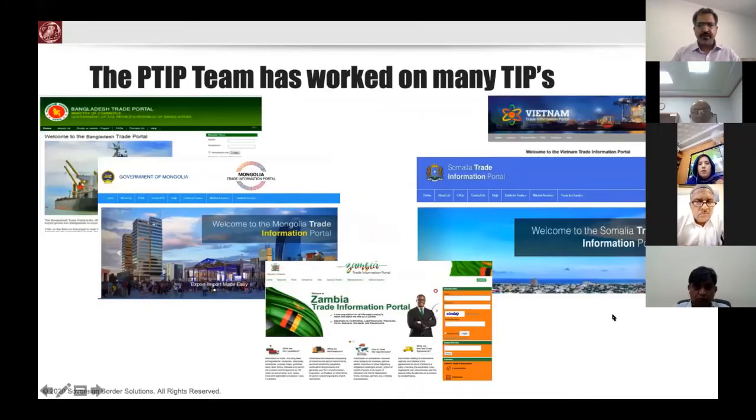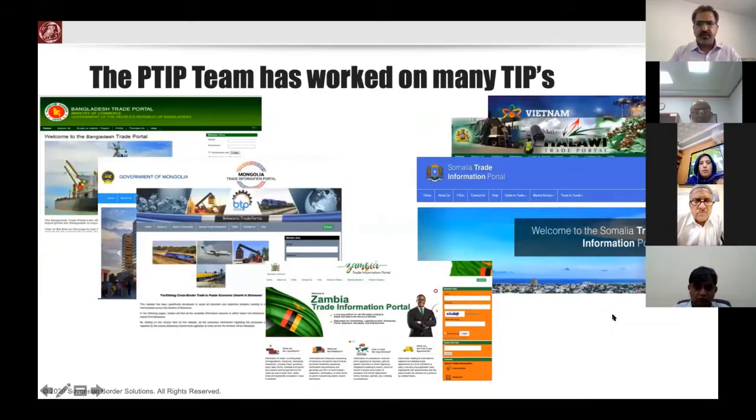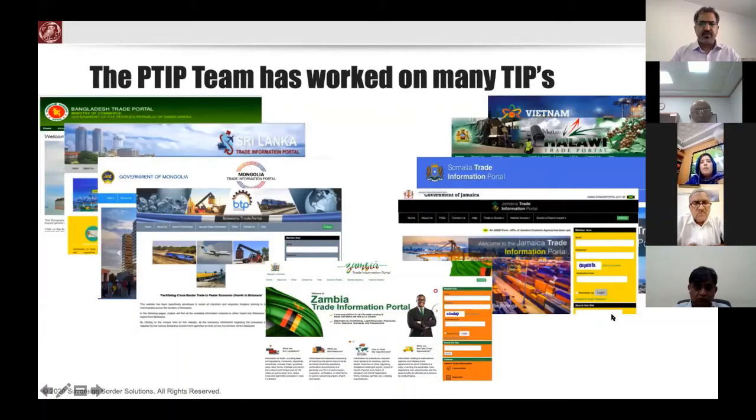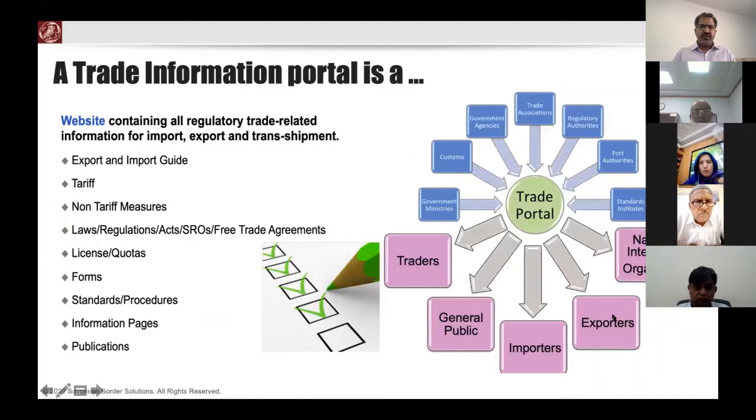Right. Okay, so as you can see, the team that is working for the Pakistan Trade Information Portal has worked in many different countries and established many trade information portals. As Ziad was telling you, the Trade Information Portal is a comprehensive single source of information for the trading community, which contains everything that you need to know about conducting trade inside and across the borders of Pakistan, which includes